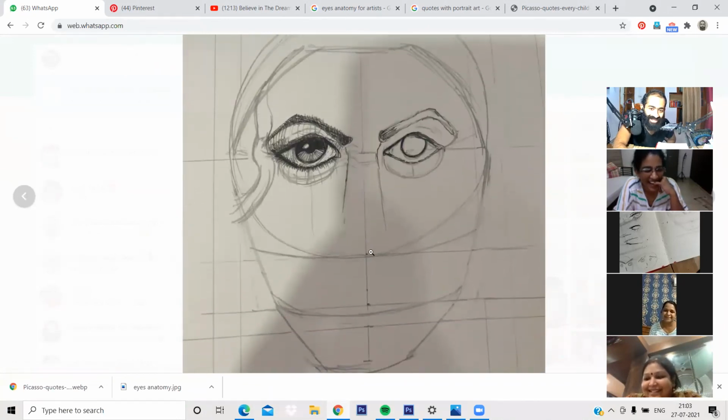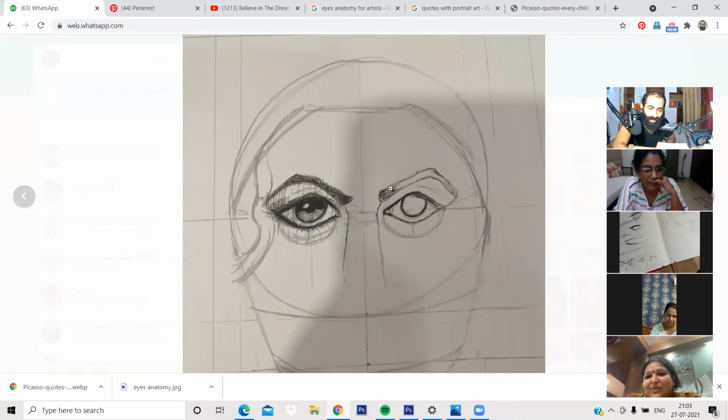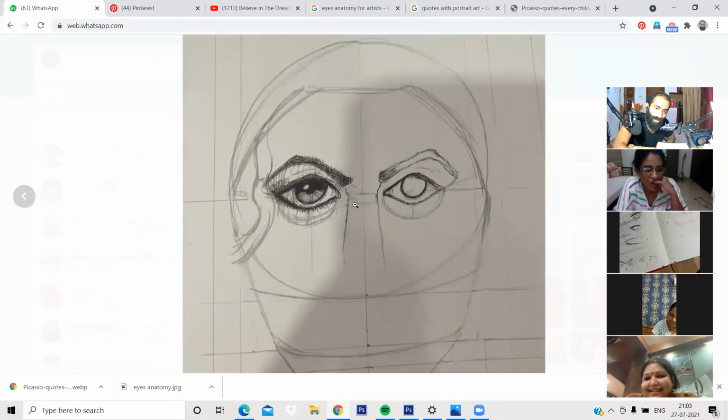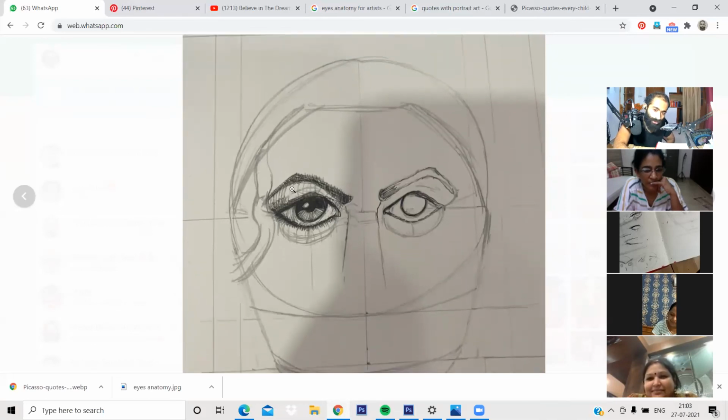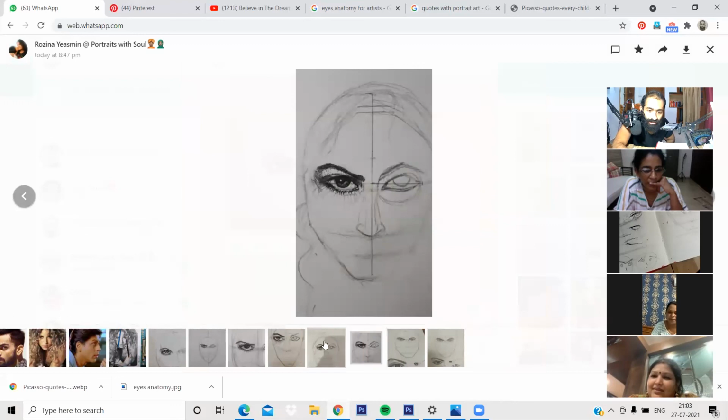So look at this one. As far as your face is concerned, as we develop, the eyes are going bigger and bigger. The drawing of your eyes carries a shape, and as far as the expression is concerned, your drawing has the most likeness. So Rosina has more or less got it correct.